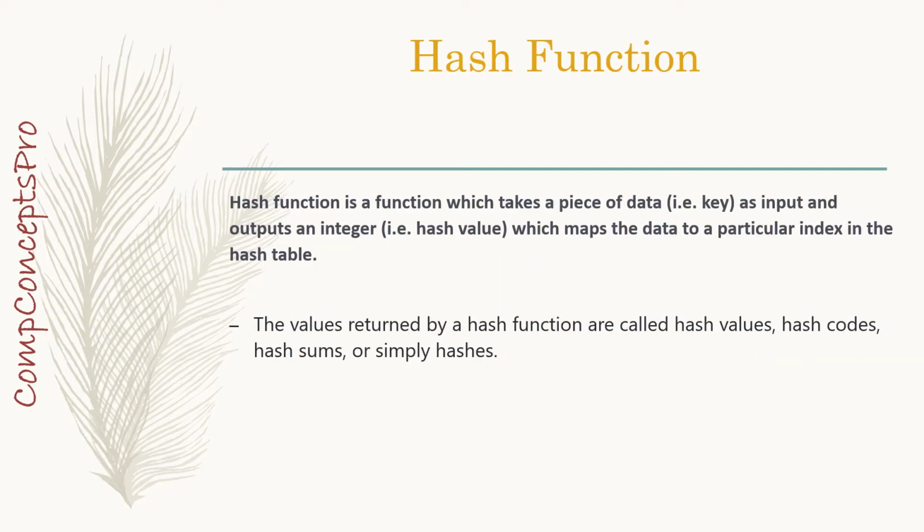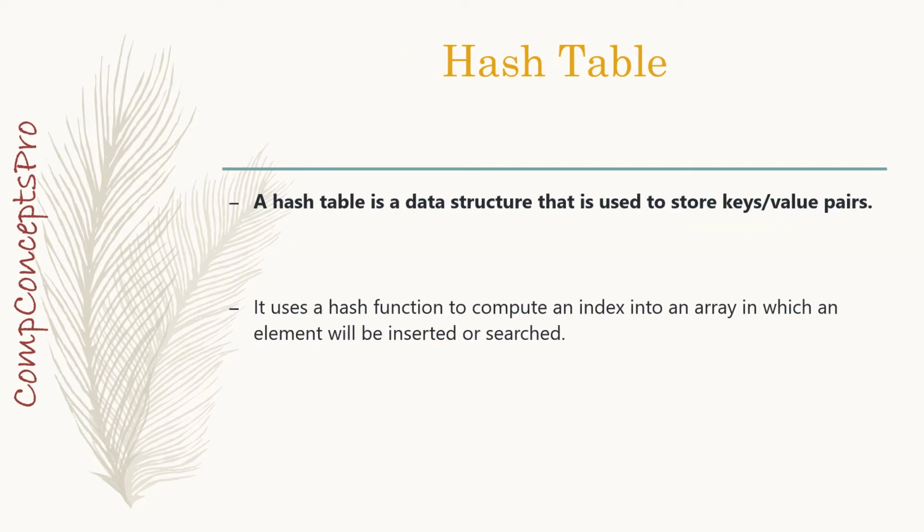Before understanding the hashing mechanism, we have to understand the concept of hash function and hash table. A hash function is any function that can be used to map a data set of an arbitrary size to a data set of fixed size which falls into the hash table. In simple words, this hash function helps us to find out the index position in the hash table where we have to store our data. A hash table is just like a 2D array which maps a key into the data structure with the help of a hash function.